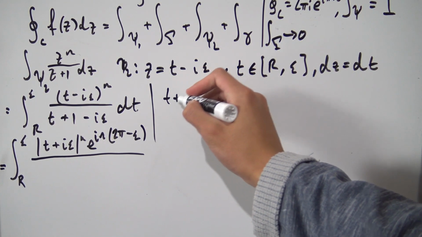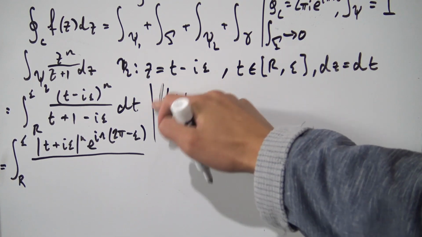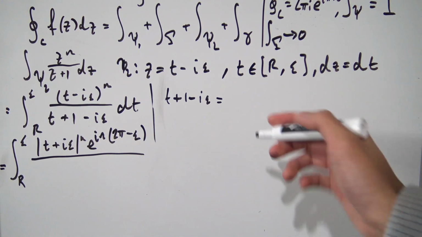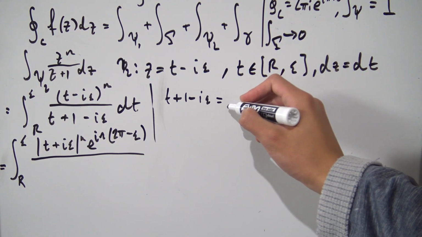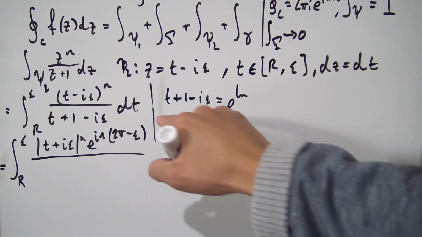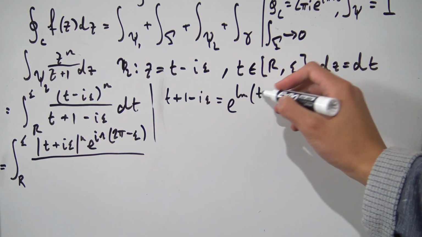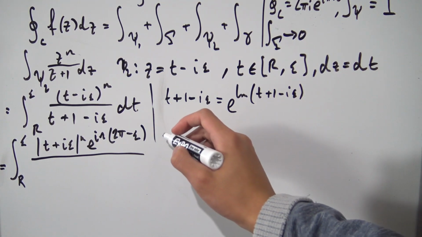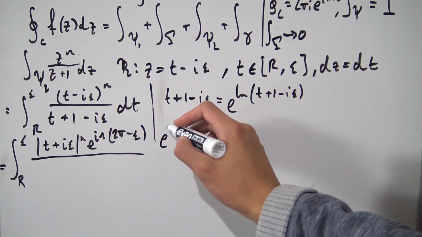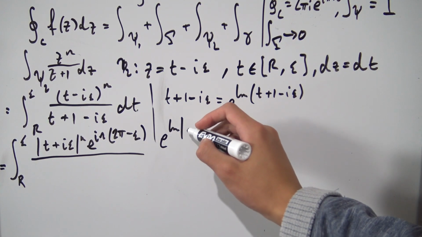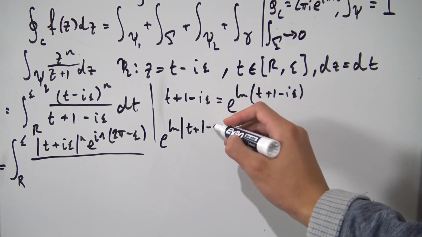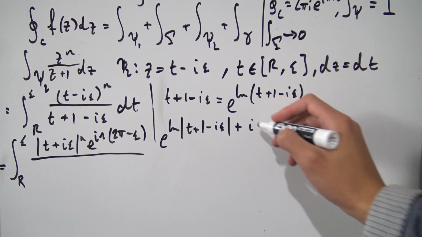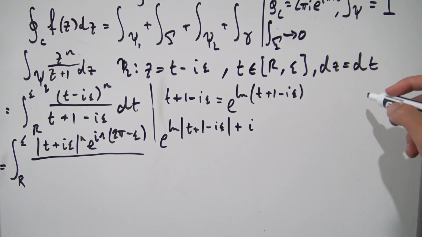So t plus 1 minus I times epsilon. If you just do the exponential natural log thing on this, we can rewrite this as e to the natural log of this thing right here, so t plus 1 minus I epsilon. And what exactly is the natural log of this complex number? Well, it's going to give us the natural log of the modulus of the complex number, t plus 1 minus I epsilon, and then we're going to add I times the argument of this complex number,